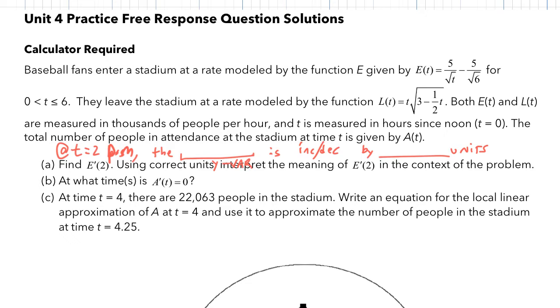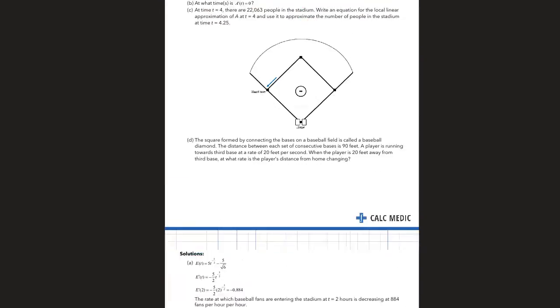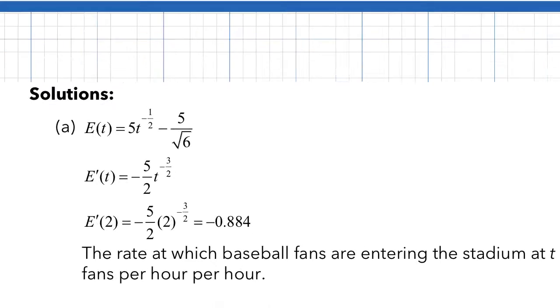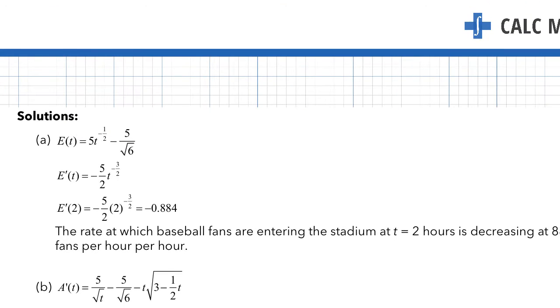Now this one's a little tricky because the y variable of E is the rate that fans enter. And so the rate that fans are entering is increasing or decreasing by this many fans per hour. And so, having said all of that, looking down here at the answers, they just rewrote this so that it's easy to do power rule. Then you plug in 2, you get a number, and they put the at 2 hours here in the middle,